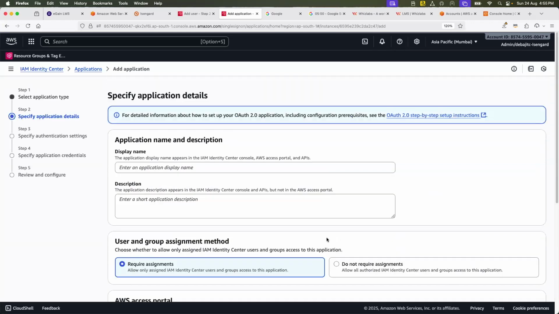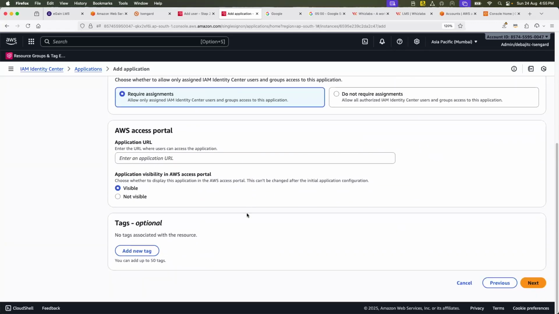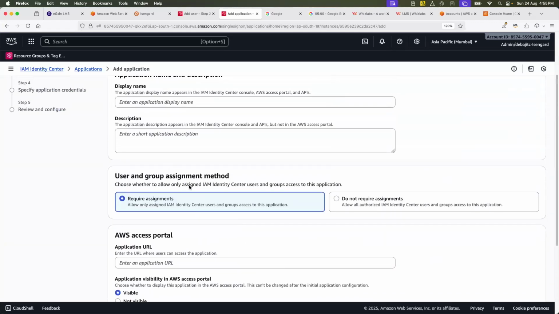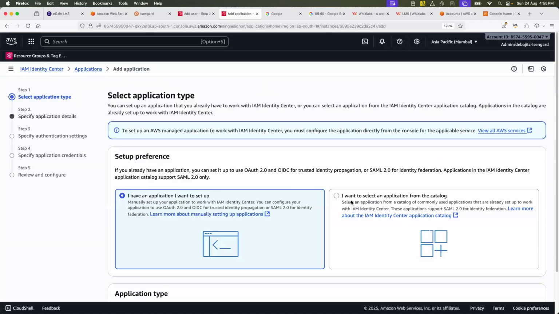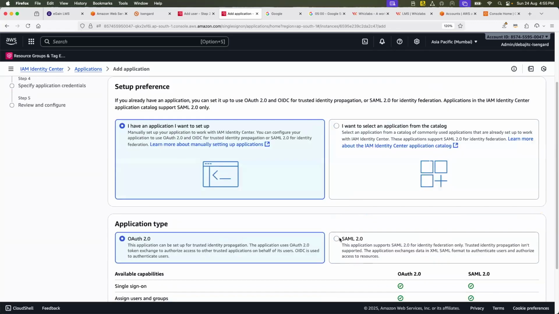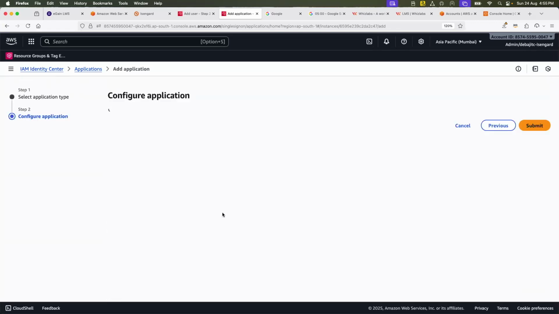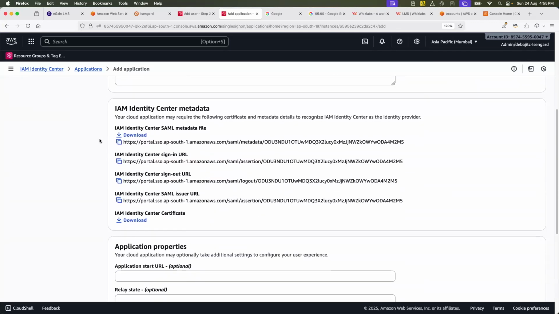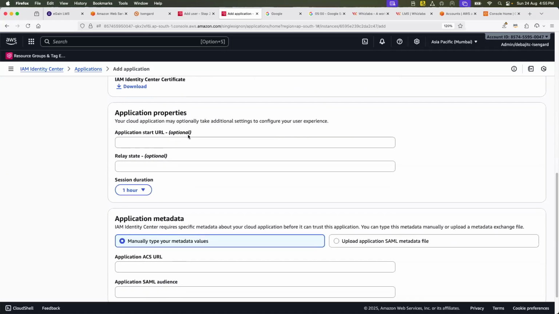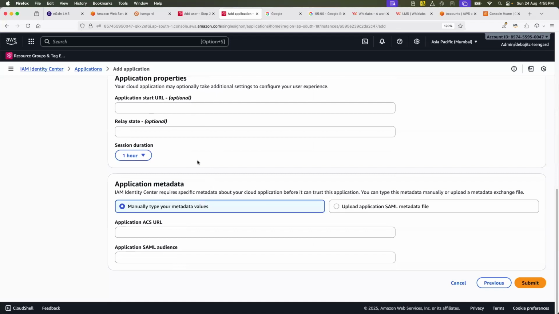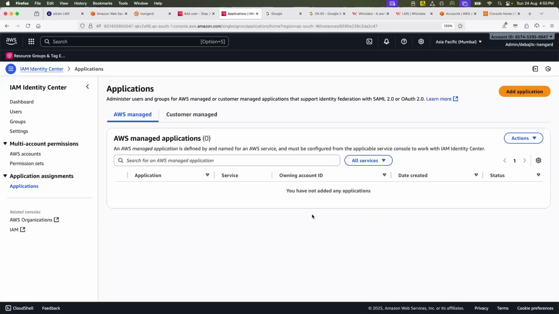If I just go to next, here your developer needs to fill in the application URL, which is your Google access portal authentication. Or if you go to SAML, the same way, these are a couple of metadata informations, and these are your Facebook or LinkedIn access URL. You don't get it unless you subscribe for Facebook and Google for this OpenID, but the option is there.